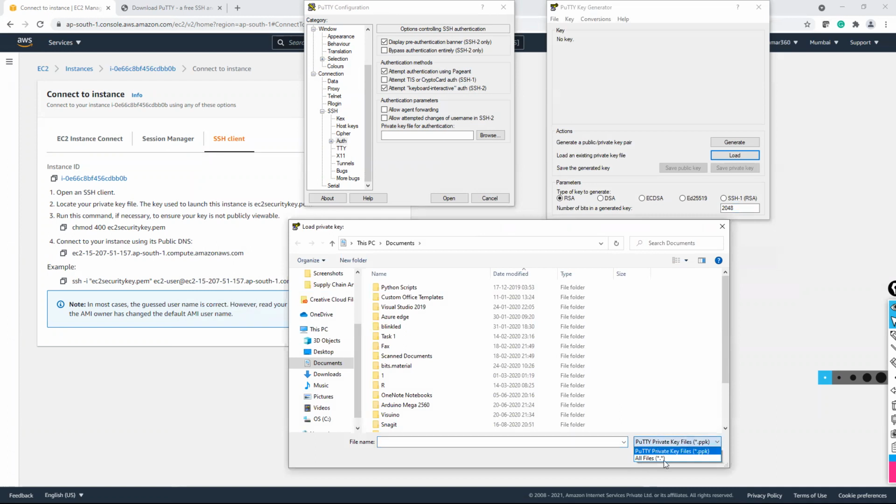You have to choose all files. You can find that. Okay. So if you are not able to find, that means look over here. It may be filtered to .ppk. You have to choose all files. So you can take screenshot of this.